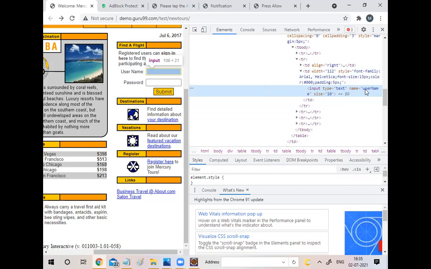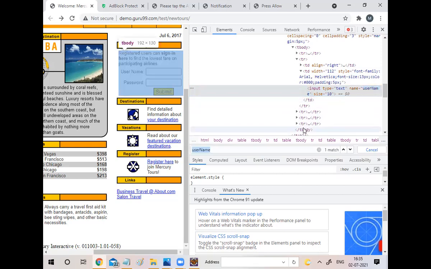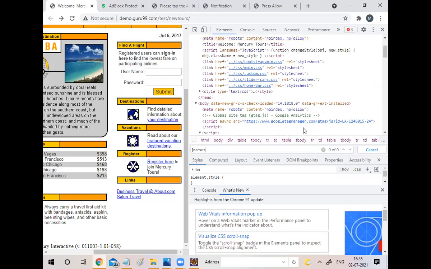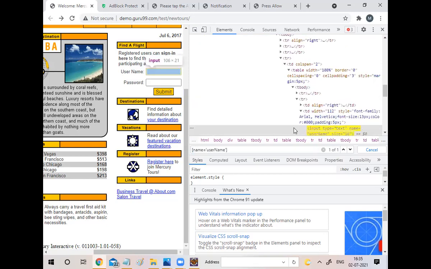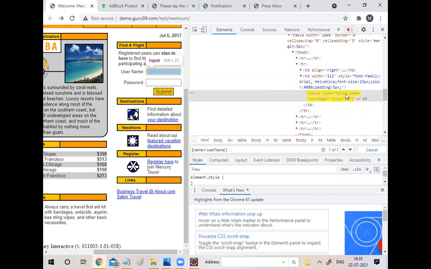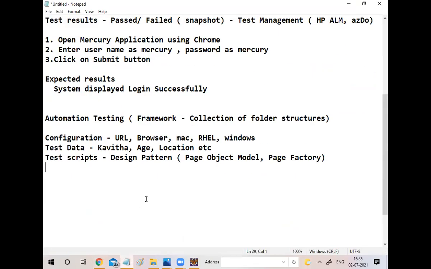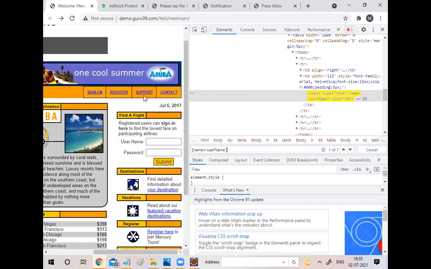I am saying this name is equal to username. Suppose I am going here, Control F, name equal to single quote, and we put the name, this one. We go here, some kind of yellow color is highlighting, right? If you see here also, some highlighting is there, right? If I hover the mouse in the DOM, immediately some kind of highlight is there. So this is nothing but a locator. So I just identified the locator.